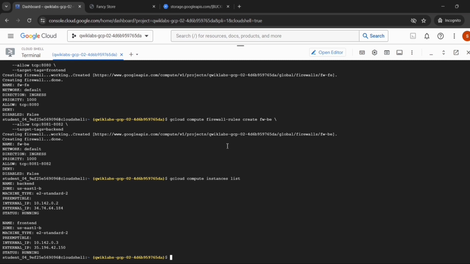Now it will take time for the instance to start and be configured. Wait for 3 minutes, then open a new browser tab and open your front end in that.